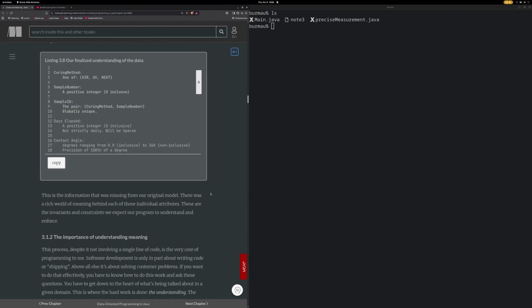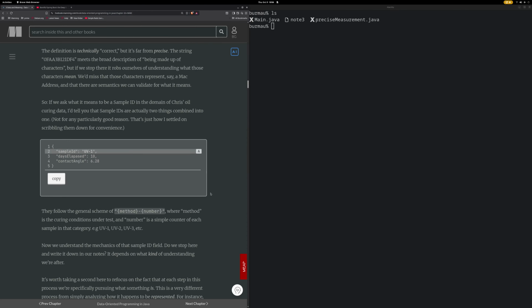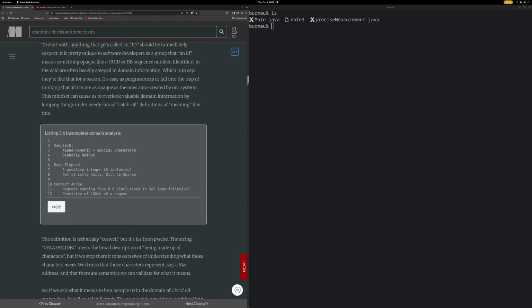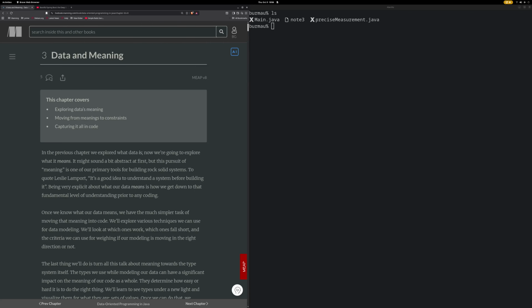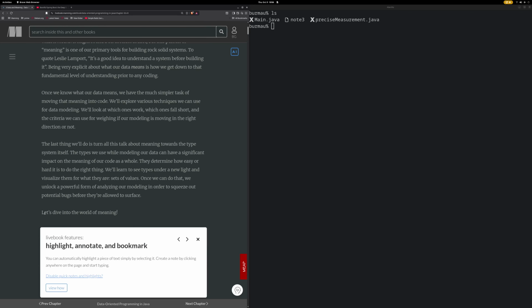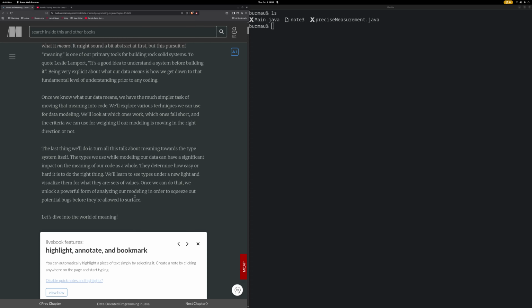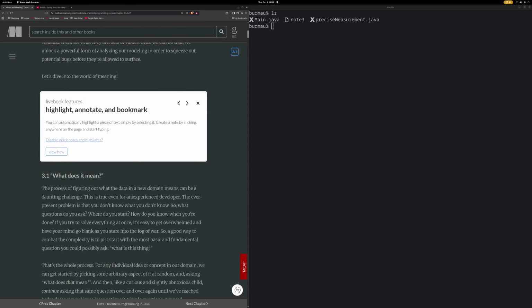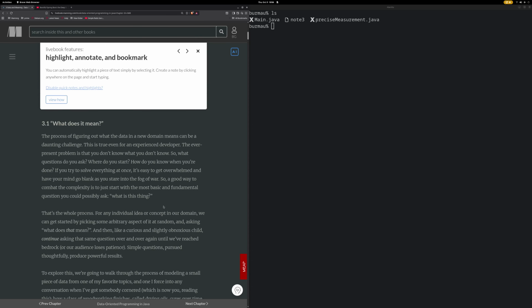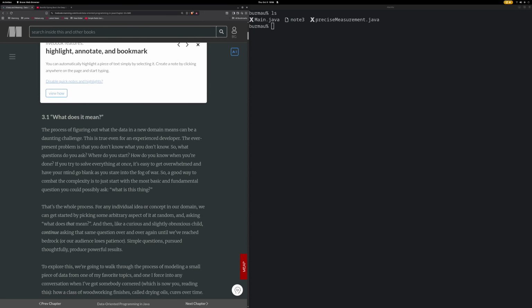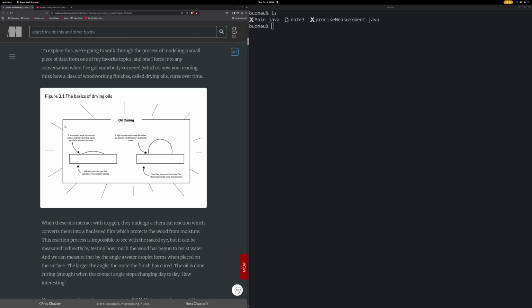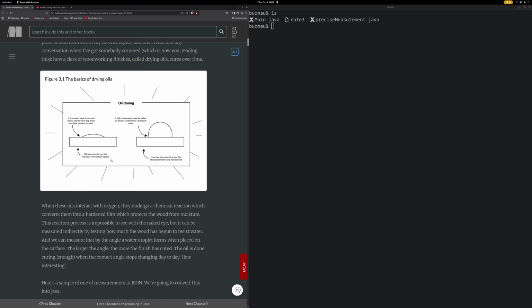Yeah, so chapter 3. Chapter 3 is about modeling data, or what data really means in our program, and there was a very good example that was given. So it's about drying oils, and curing. Basically, the example was